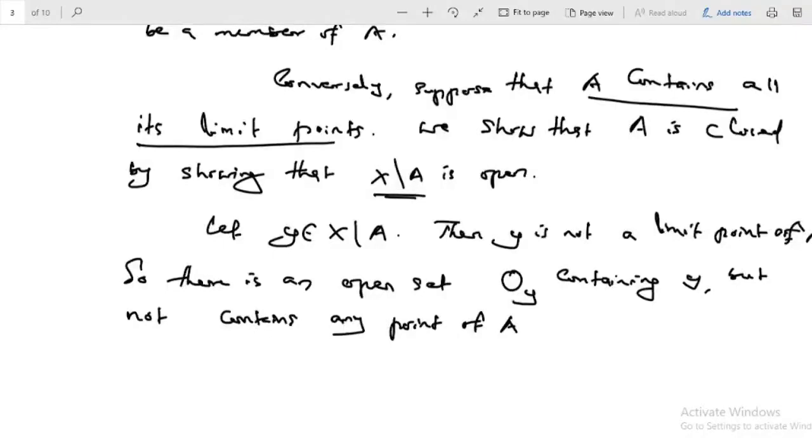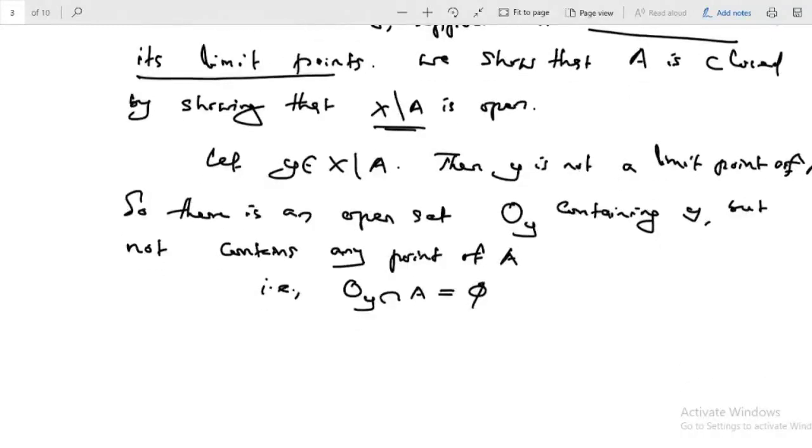That means this open set OY is such that Y belongs to OY and OY intersection A is empty. Okay, so what should we do? Think about it. OY intersection A is empty means, therefore,